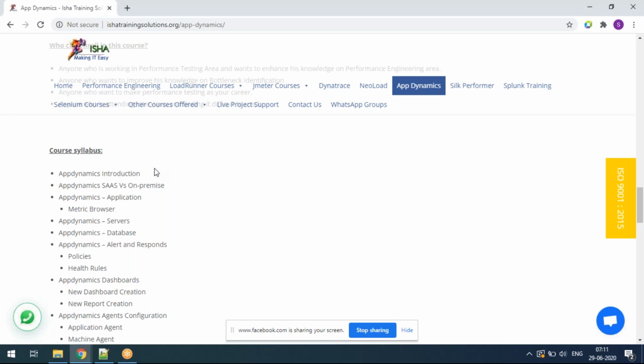So that is the reason we are going towards these APM tools, because what APM tools give is the solution for whatever problem we are facing. What are all the problems? This end-to-end response time coverage.